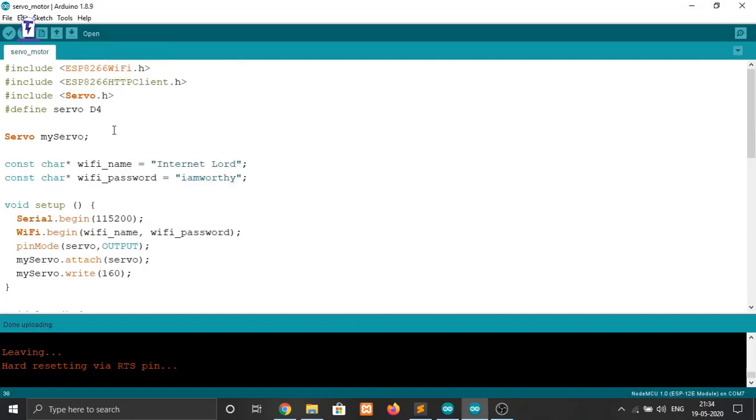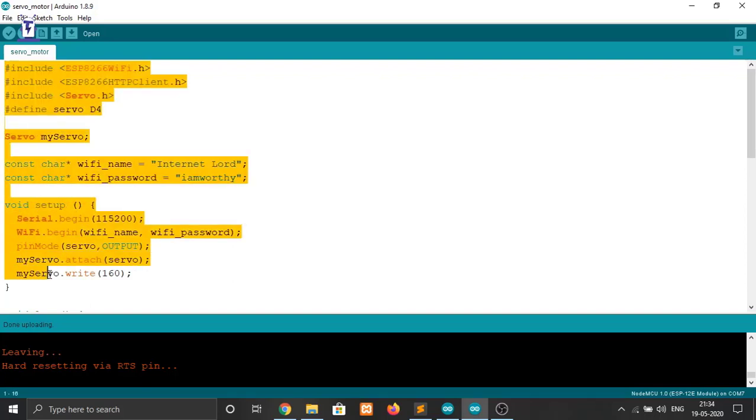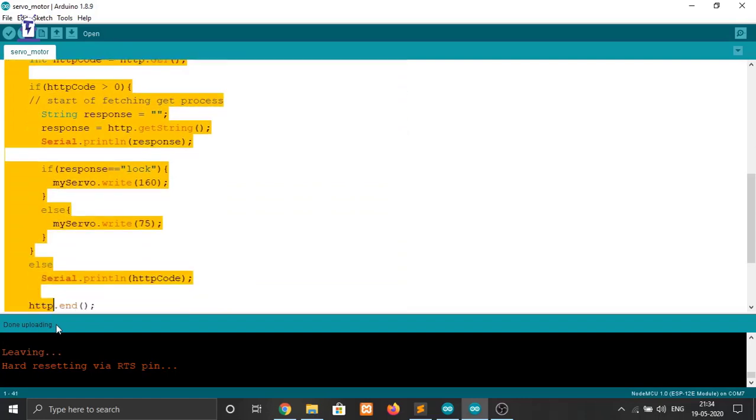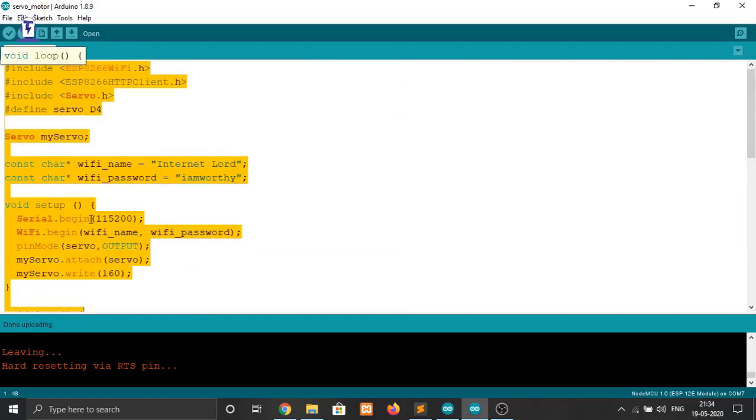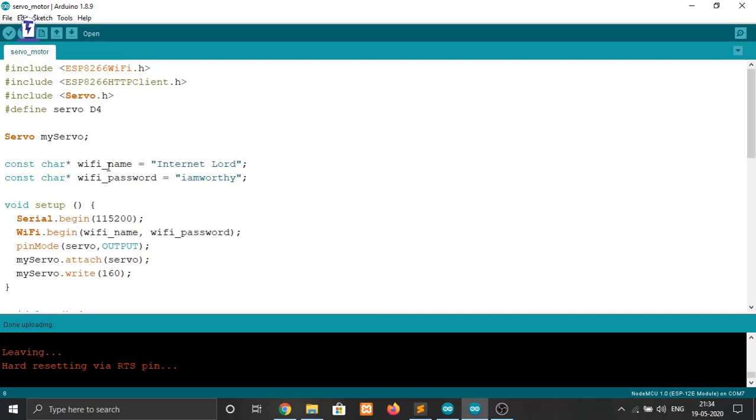We are using Wi-Fi. I have already made a video on servo motor previously, explaining how a servo motor works and all the details about it. Watch that video for all the connections and everything, and then come to this video so that you can understand it very clearly. Again, we are controlling the servo motor using Wi-Fi. I have made a video where I control an LED using Wi-Fi. This is very similar to that, except that instead of an LED I am using a servo motor. So let's understand how it works.